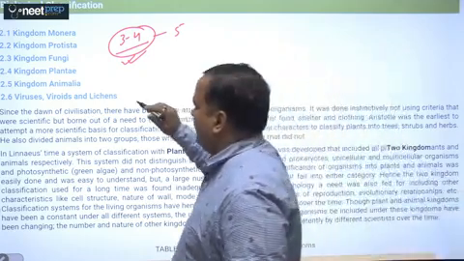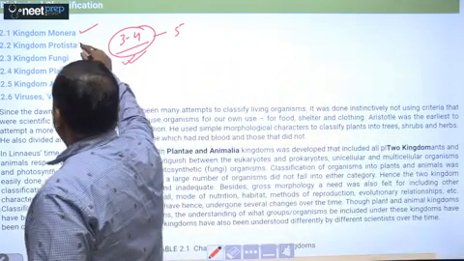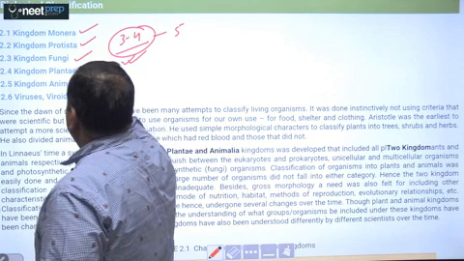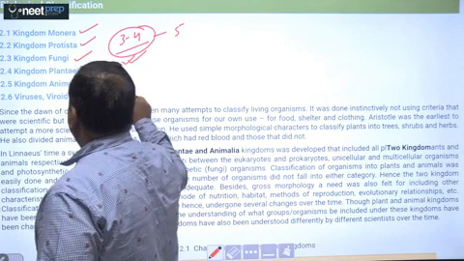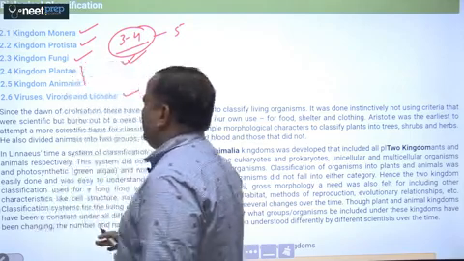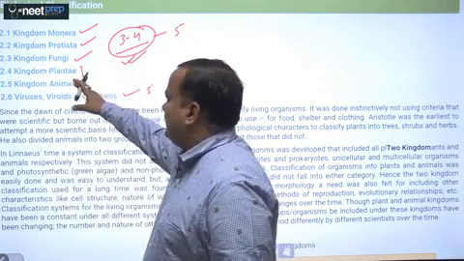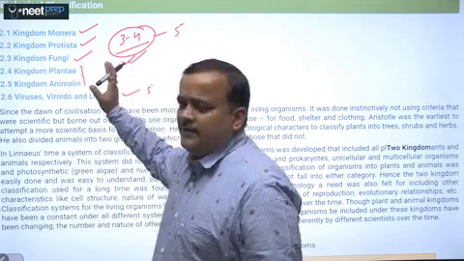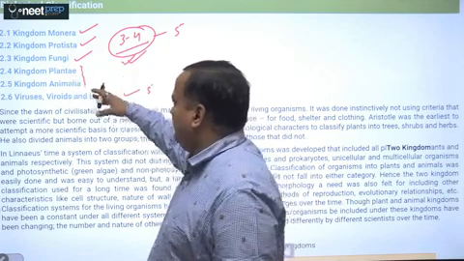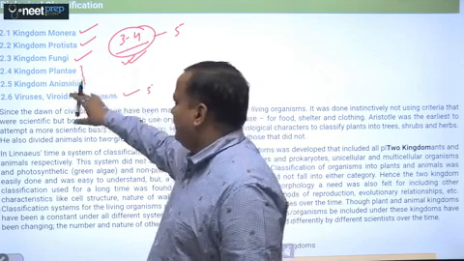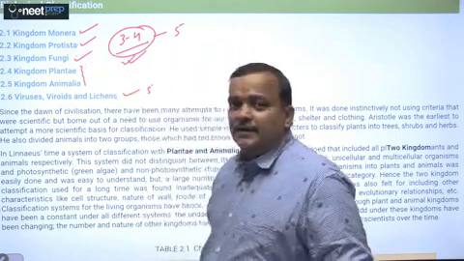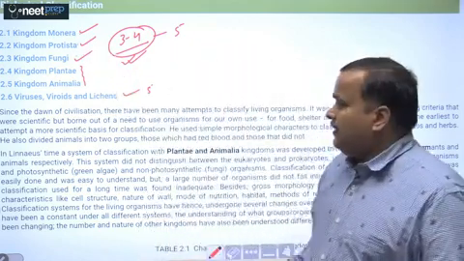That is kingdom Monera 1, kingdom Protista 2, kingdom Fungi 3. Okay, then these are under 1 unit, and then this is the 5th unit. So there are 5 units. Okay, so because kingdom Plantae and kingdom Animalia will be dealt separately in another chapter, I will not go into detail of these parts, but this one and this one will be dealt in detail. Okay, now apart from this,